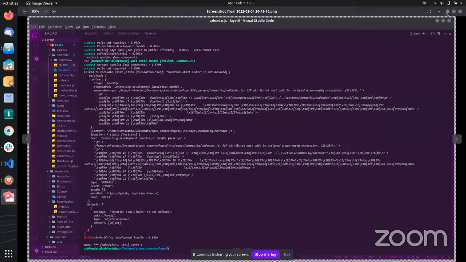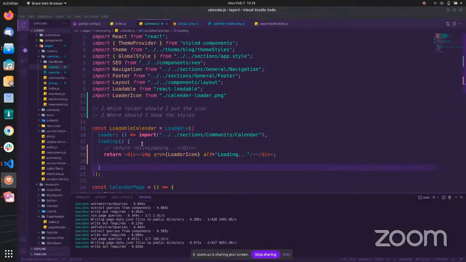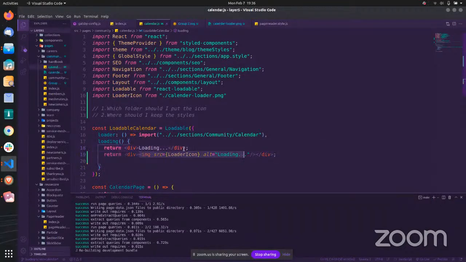I saw that here it uses the React loader. I saw this documentation, but I am unable to find anything for this error. Previously there was only this text, but when I use this image, I'm getting this error.